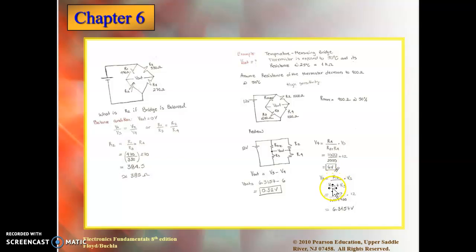So R3 divided by R3 and R thermistor, which they are giving me to be 900. So it's going to be R3 is 1000, the sum is 1900, times 12, I get 6.31. V4 is going to be 1000 divided by R2 plus R4, which is 1000 each, so 2000, multiplied by 12, I get 6 volts. So now I have V3 to be 6.3157, I have V4 to be 6 volts, so the V out is 0.32